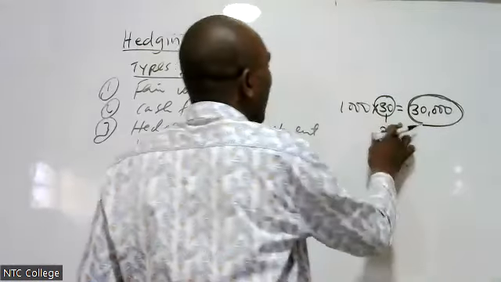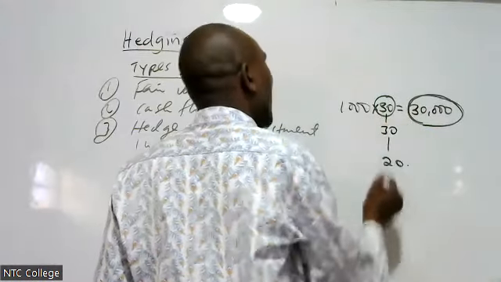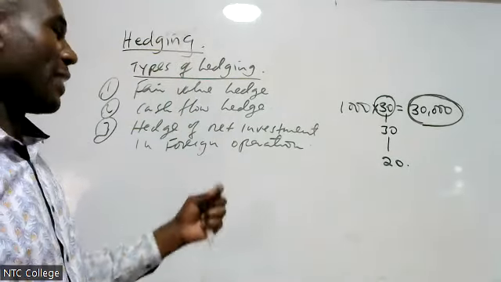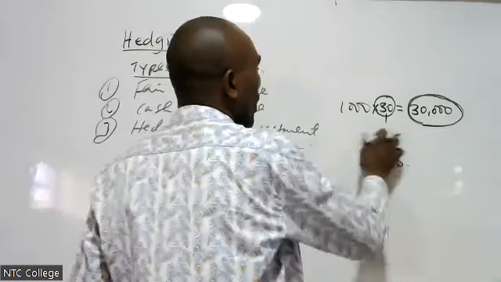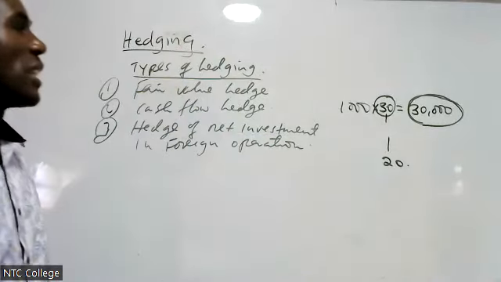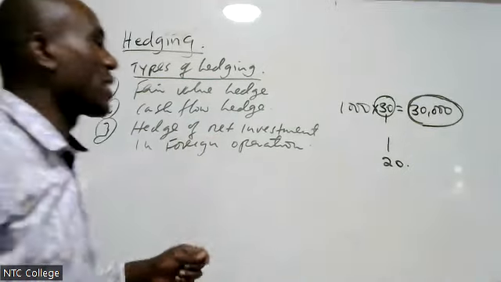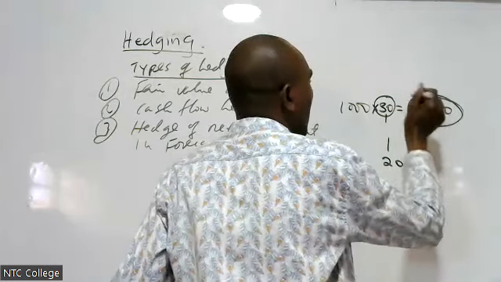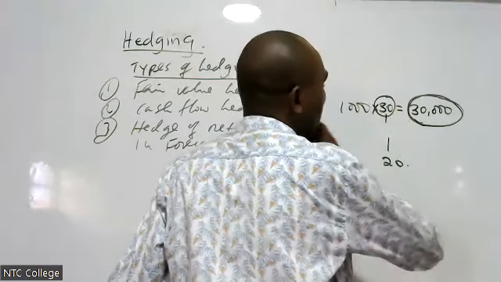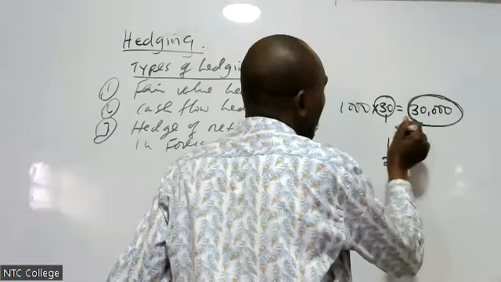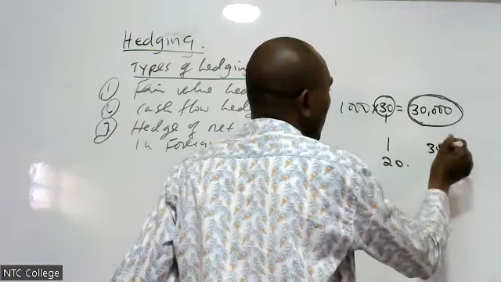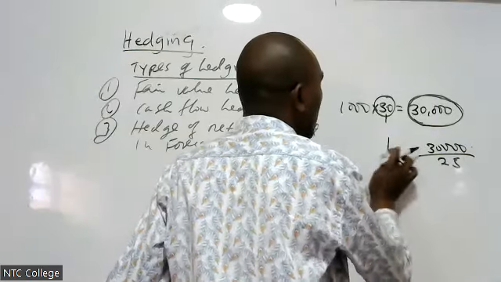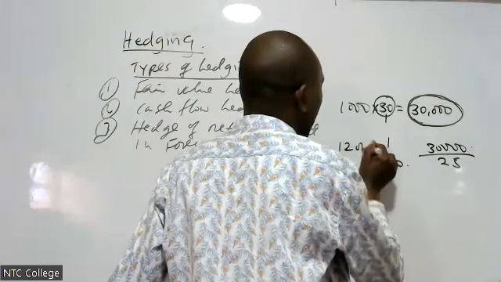Or, for example, maybe I fixed at 30. I just still fixed at 30. Therefore, come December, I will still translate at 30. Therefore, when we talk of hedging, we are just trying to reduce that risk so that I will not get any loss on my initial investment. Therefore, when you take 30,000, now I want to translate to Kenya shillings, I divide by 25,